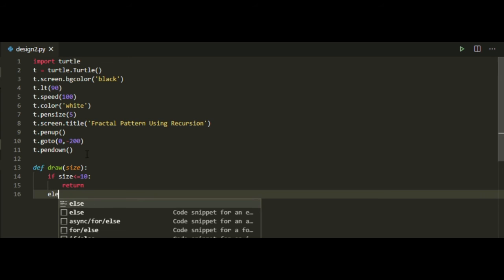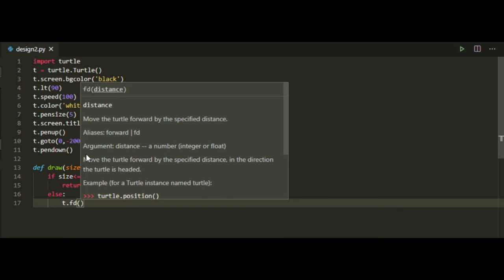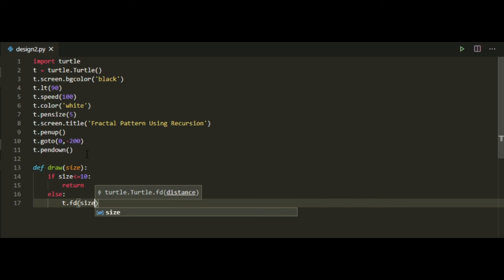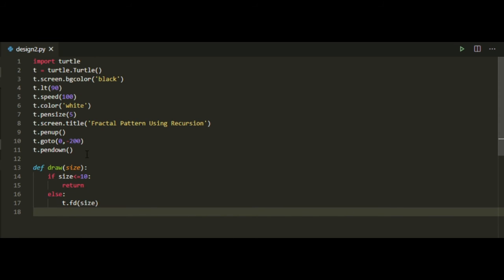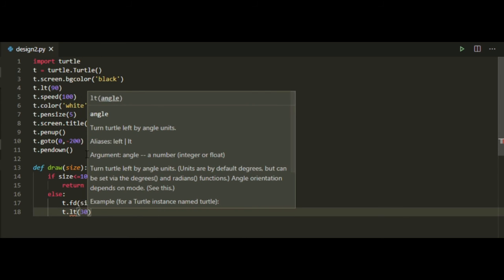Otherwise, else, we'll say t dot forward. So it will go forward by size. Then we'll say it should turn left by 30 degrees.